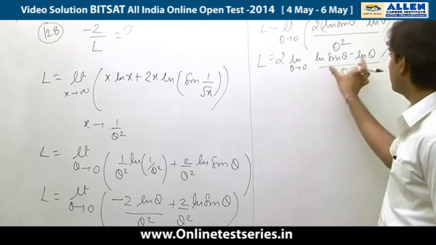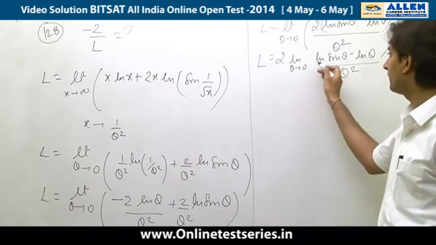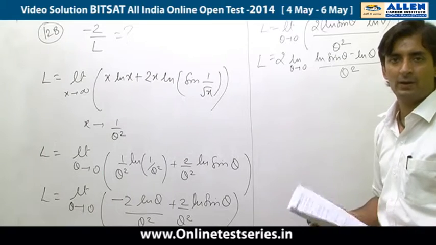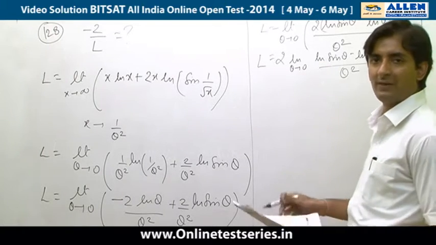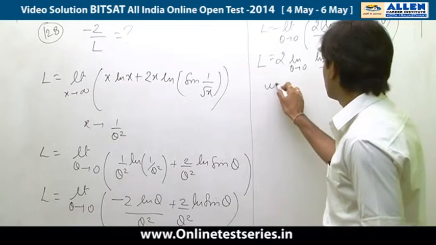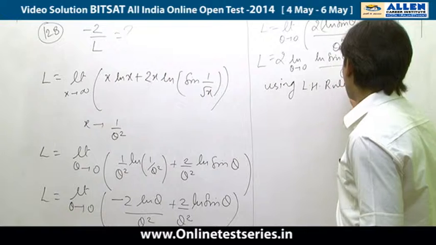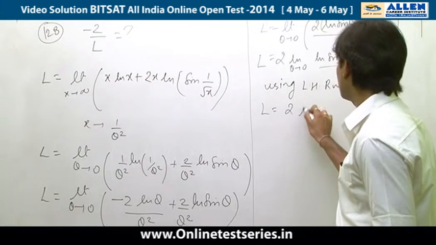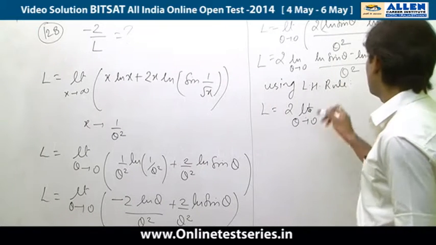Now as we can see, this can be written as ln of sin theta over theta. When theta approaches towards 0, it will become ln 1, and that would be 0. So the form of this limit would be 0 by 0. We can apply L'Hopital's rule in this. So using L'Hopital's rule, L would be equal to 2 limit theta approaches 0 of ln sin theta